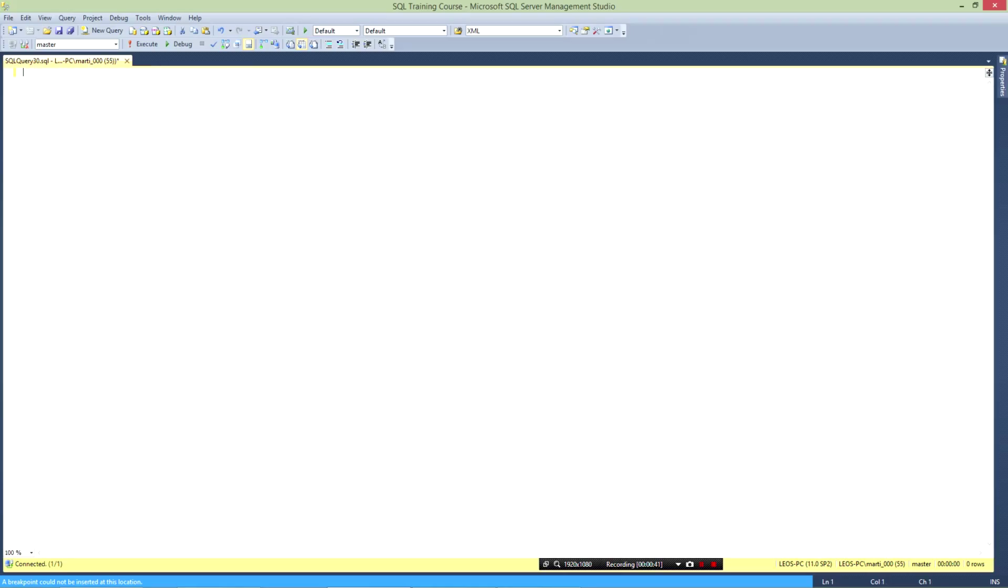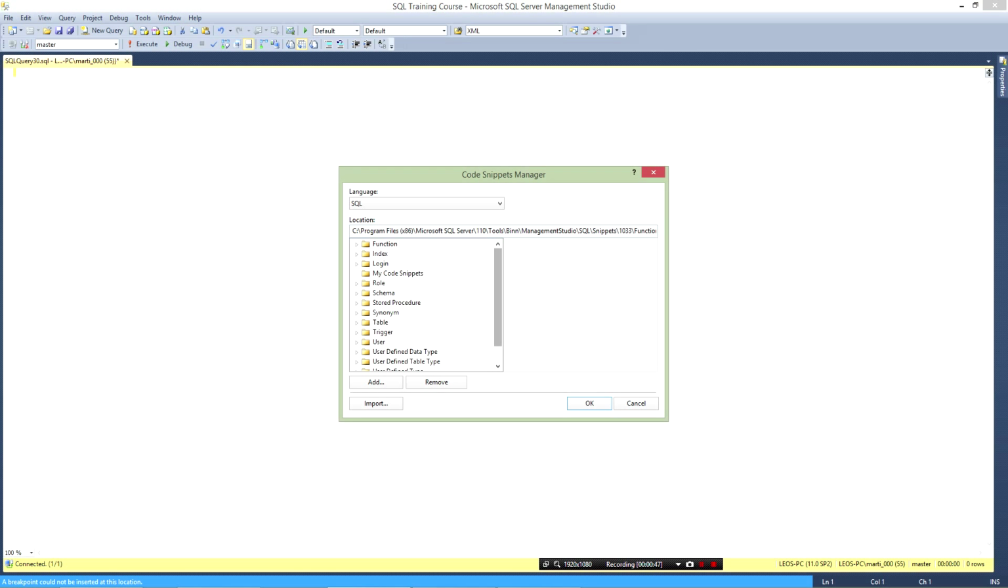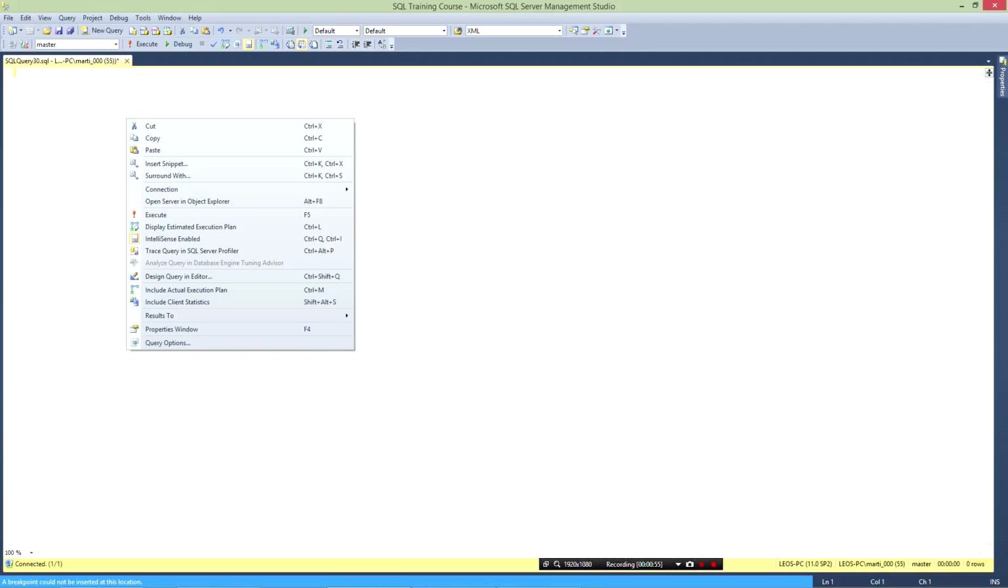You can also get to the code snippet manager. If you click on here, you can add your own in, and you can see all the different bits and pieces that are available. Something to be aware of. Also, you've got